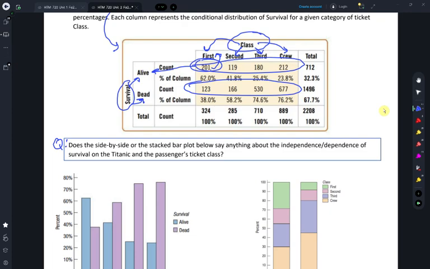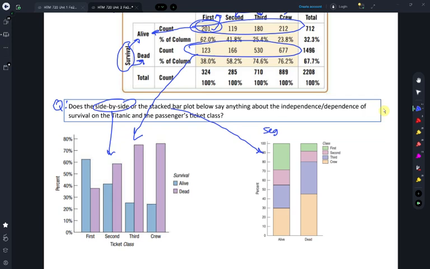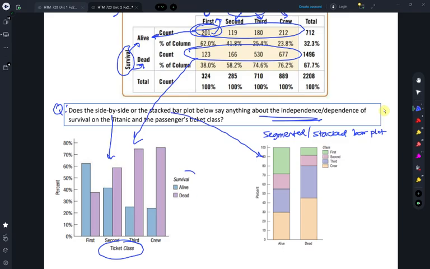So, we have created a side by side bar plot here, and here we have a segmented or stacked bar plot in this case. And the goal here is to see if the insights in this picture indicate anything to answer the question if there is an association between the ticket class held by the person and whether they survived